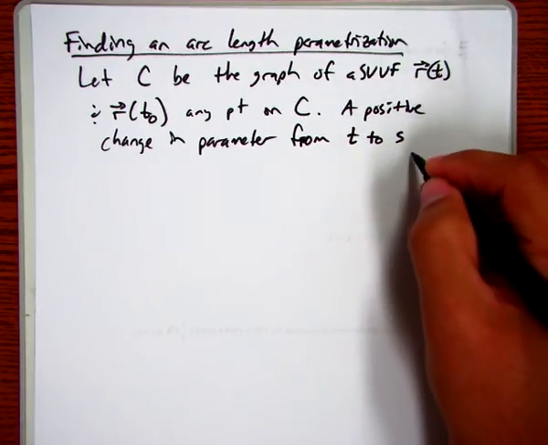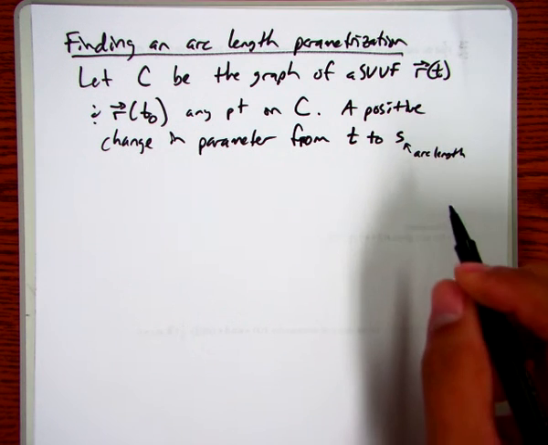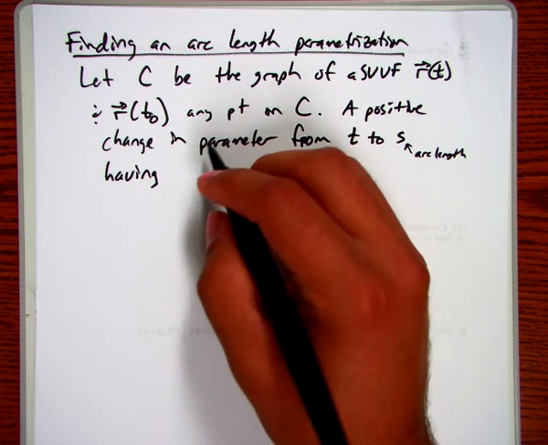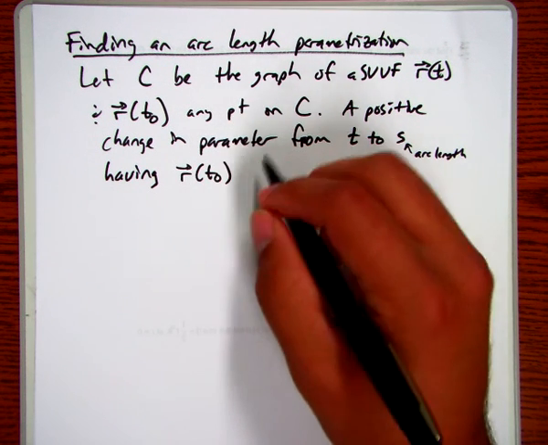Maybe I'll write that in. This is arc length, having r of t naught as a reference point,